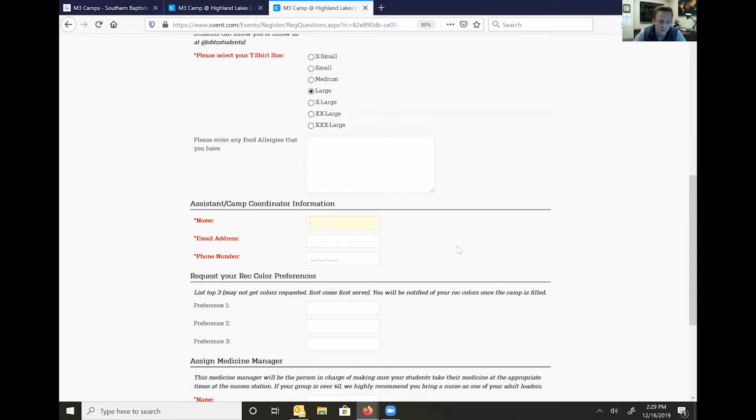And then assistant or camp coordinator. So this is the person that's going to have your paperwork. It's going to have the medical forms. They're going to have all your information. Put their info in here. That way, in case we need to contact them, we can. I'll just put Kylie Badgley, who works here. And we'll just do